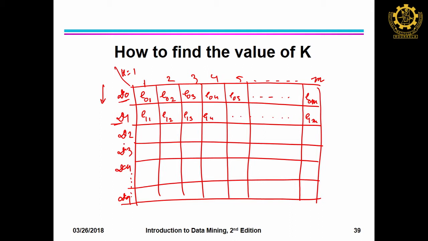When D 2 is the validation set, it is denoted as the error E 2 1, E 2 2, E 2 3, E 2 4, and so on up to m. For the ninth it will be E 9 1, E 9 2, E 9 3, E 9 4, up to E 9 m. Now, this column, that is the first column you can see, is responsible for k equal to 1.